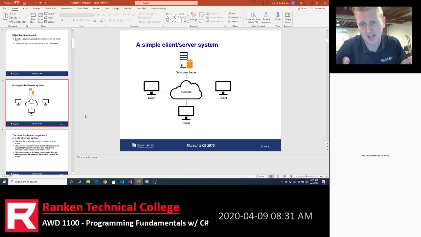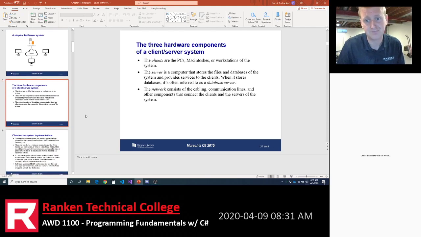So this is a simple client server. The idea is multiple users can access the data on a single server, but it gets much more complex, obviously, multi-client, multi-server. So the clients are the users, the server. Client-server is a relationship. And so whoever hosts the thing that you want access to, that's the server. In this case, the data that you want access to is the database server.